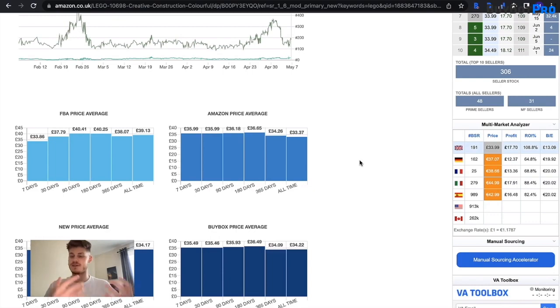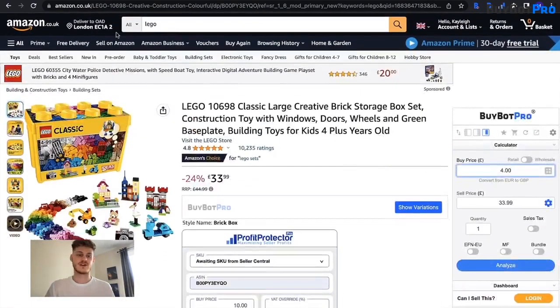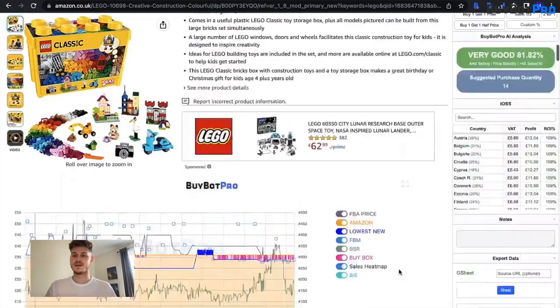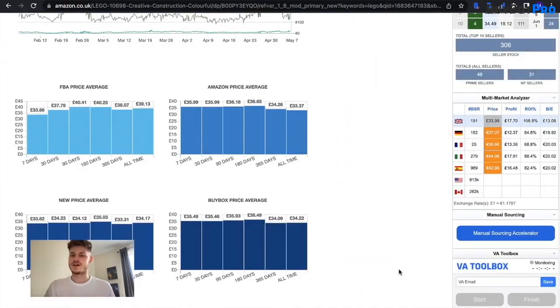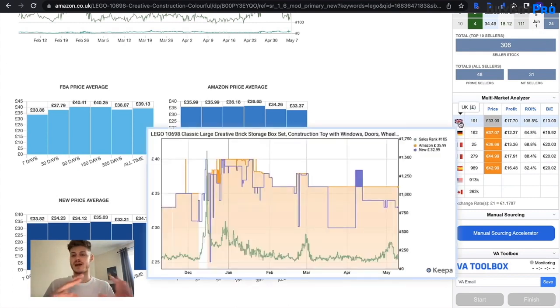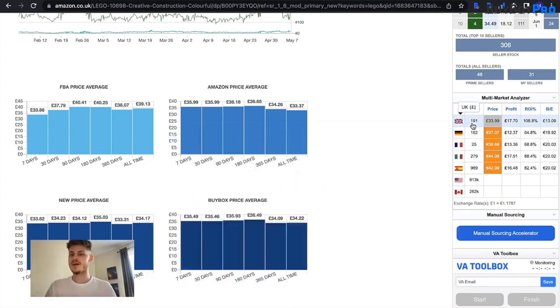So to get this information, you need to make sure that you've analyzed the product. You also need to make sure that you've entered in a correct address in the top left of Amazon here, so that way you can get these results. Now it shows you the marketplaces here. If you hover over the flag, it gives you a Keepa chart. You can see the BSR for the item, and as we can see, it seems to be doing a lot better in France. In terms of BSR, we can see the buy box price for the item as well,